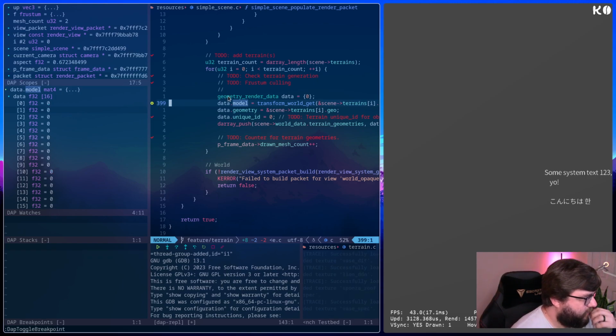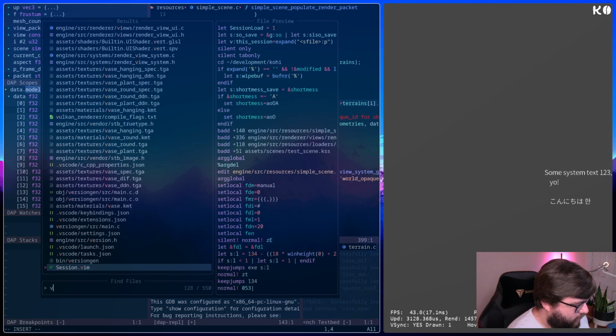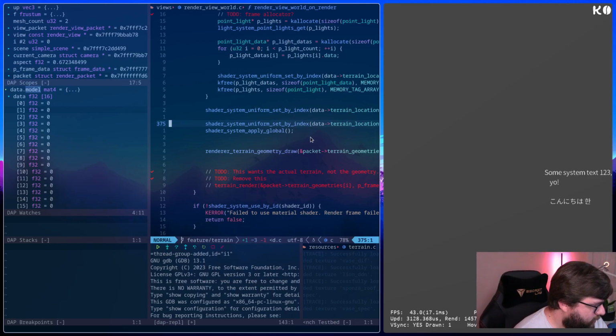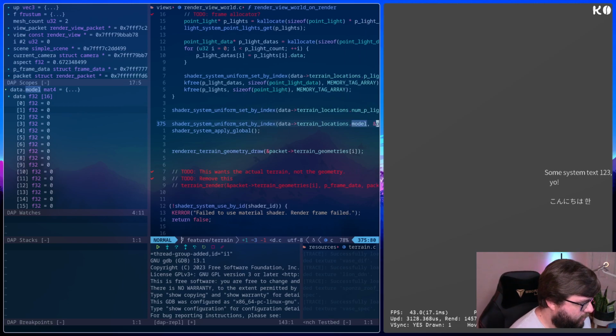So if I get rid of this and then go back to view world, where we are setting the model matrix.